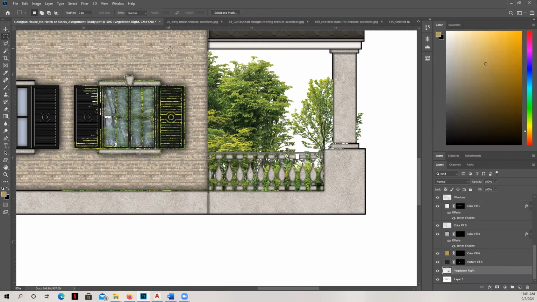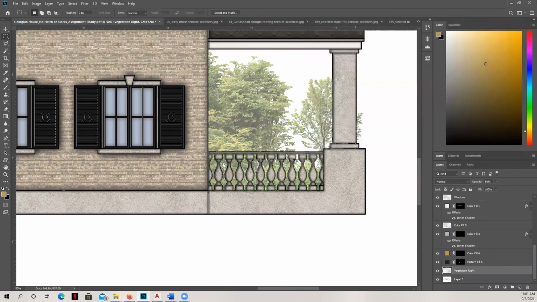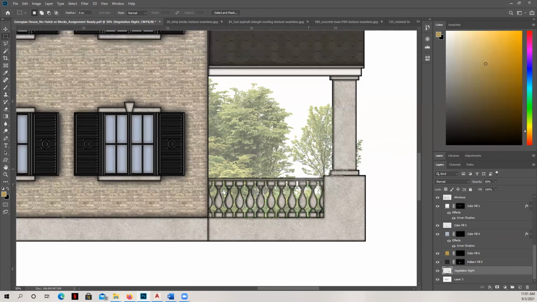So I'm going to do some cutting. And I'm going to change the opacity here, bring it way down. Back here. And so now you can start to see it beyond the clipping mask here that we have created.